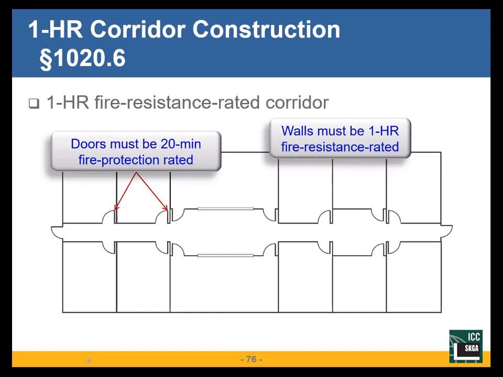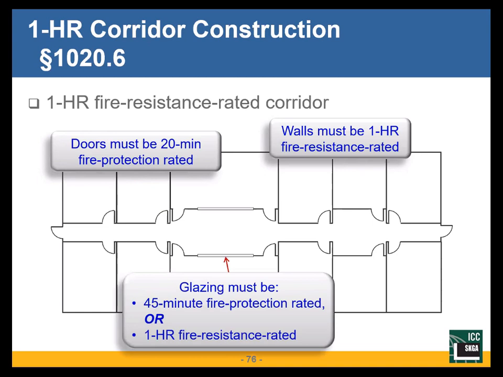All my doors have to have a 20-minute fire protection rating and door closers and a gasket on 3 sides of that door frame, not the floor. All my glazing is either 45-minute fire protection rated or 1 hour fire resistance rated. Fire protection rated means it's an opening protective, in which case it's limited in size. How large is it? If it's 1 hour fire resistance rated, it is tested to be equivalent to the 1 hour wall,